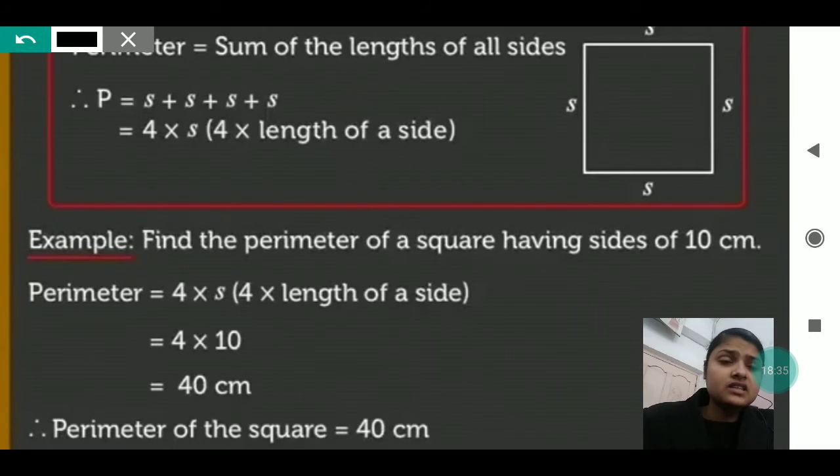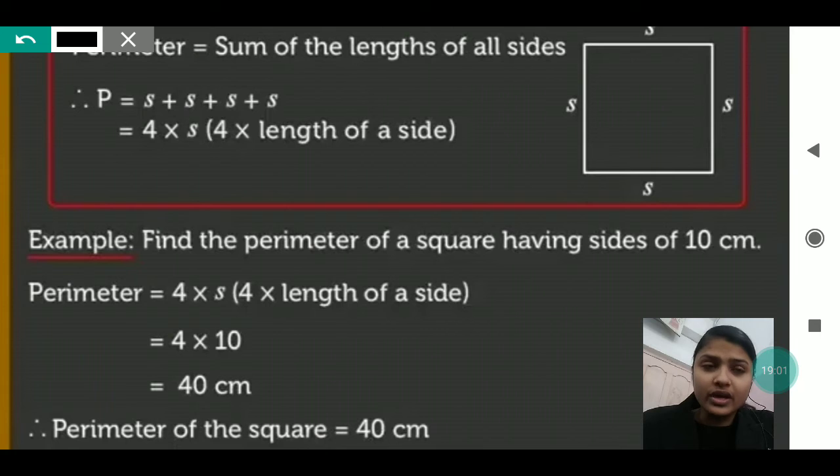As an example, suppose this is a square here. You can observe this is a square figure. What you have to do is just add all the sides. There are two formulas to do it. Either you can add the sides one by one, like 2 meter plus 2 meter plus 2 meter plus 2 meter, or else you can do 4 into length of side.